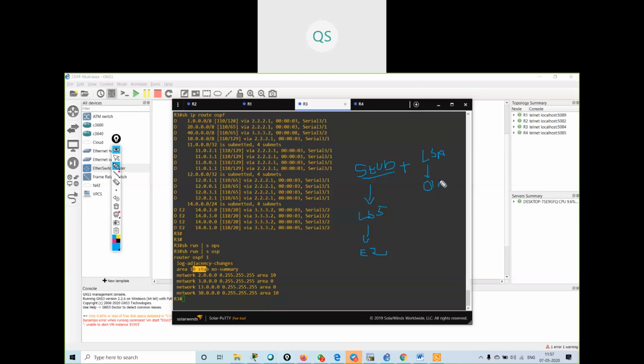So when we were using stub, it was just stopping these E2 routes. But when we are using totally stub, it will stop both the routes. It will use stub by default, and it will also stop LSA 3.